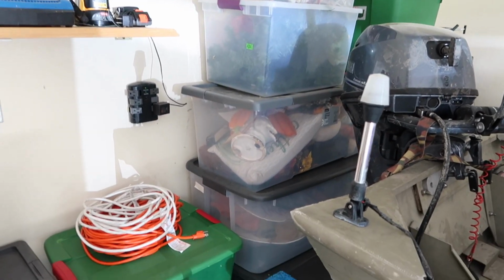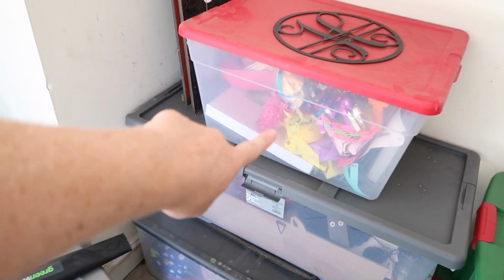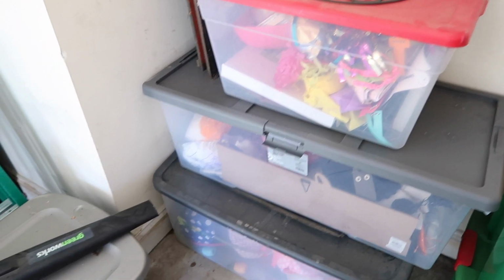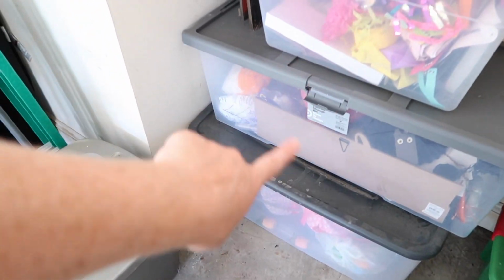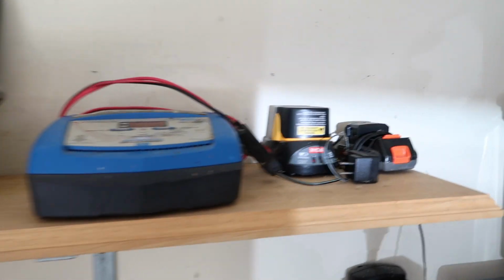Most of it's Christmas. There is some fall stuff, like I said before. I got the birthday stuff a lot closer because those happen more regularly. There's Easter, Valentine's, Halloween, and then some signs and stuff here. This little shelf we cleaned off. We just have a few of our